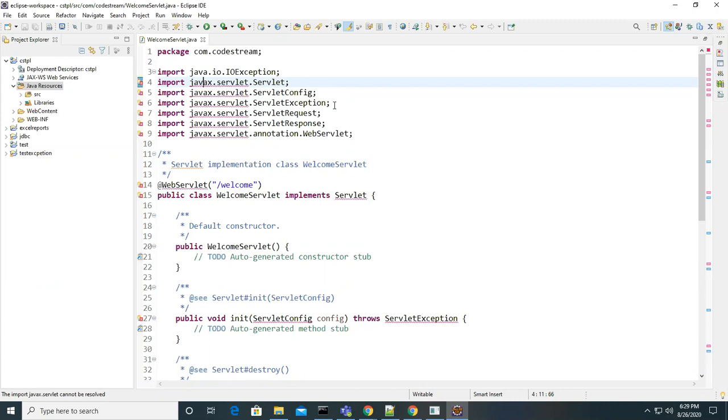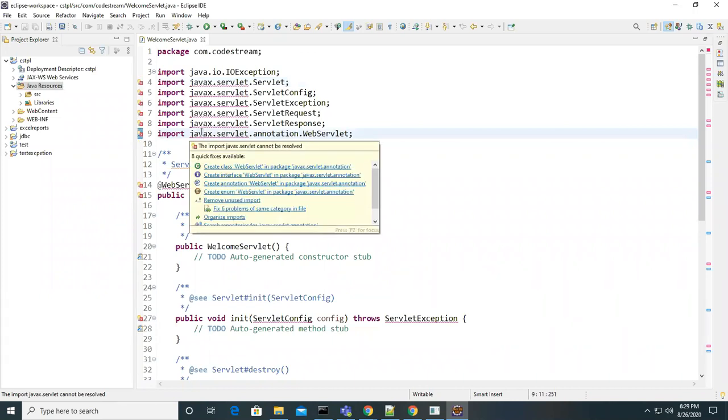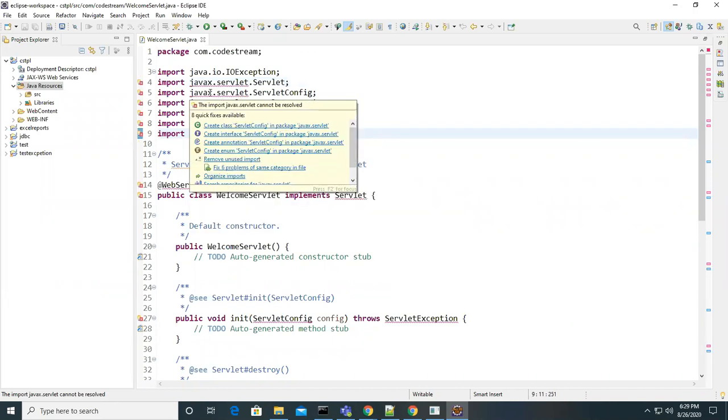Package javax servlet. To resolve this compilation error, set classpath. Okay, what do I have to do? Build path, sir. Which external jars? Which jar file? Which jar file do I have to set?